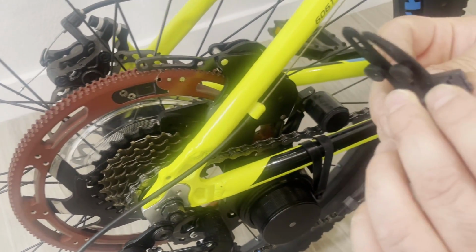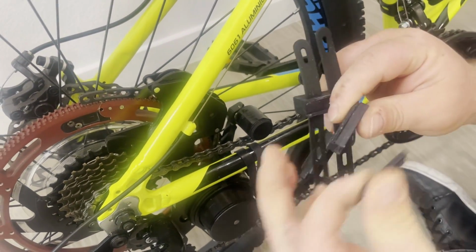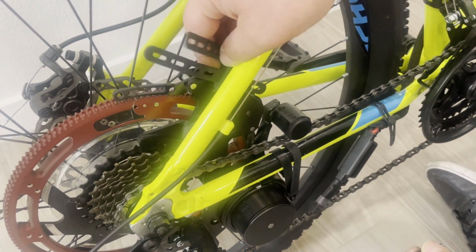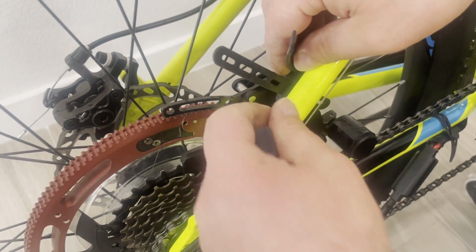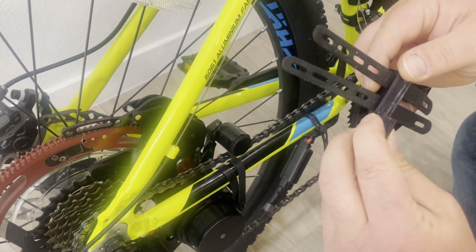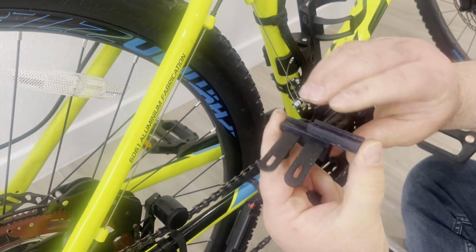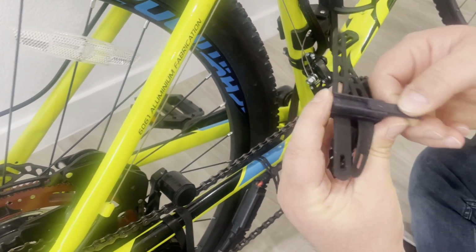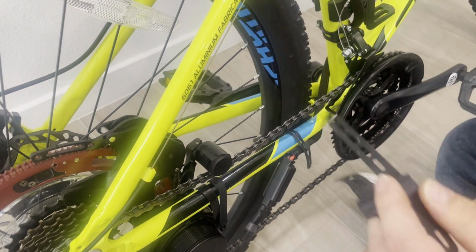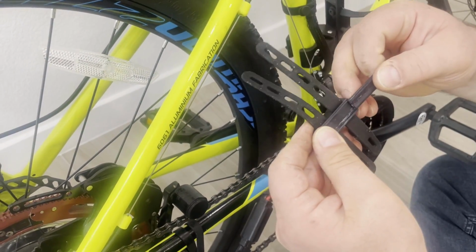So the wedge consists of 3 parts. You can actually break it down. This one is the wedge extender. The way the wedge is supposed to be installed is like this. In case this distance is greater than the width of the wedge, you can extend the wedge width by pushing the extender into the wedge and then installing the bottom of the extender. If the extender is not needed, like in this case, I remove the extender and install the bottom of the extender into the wedge,